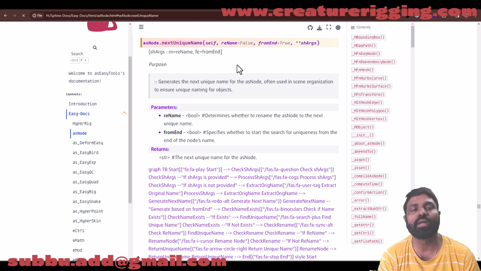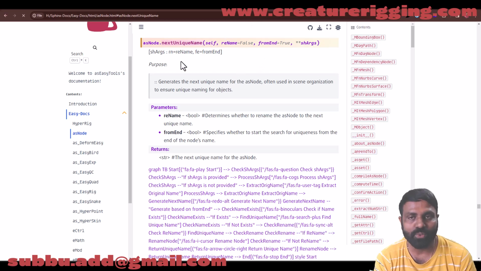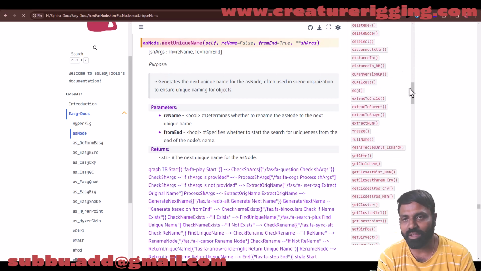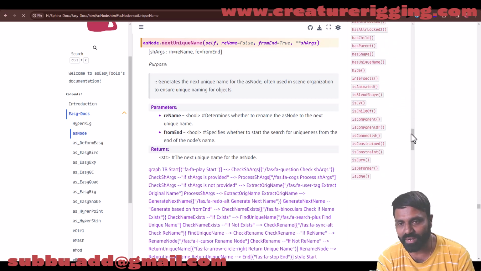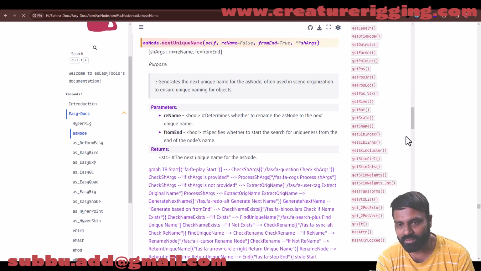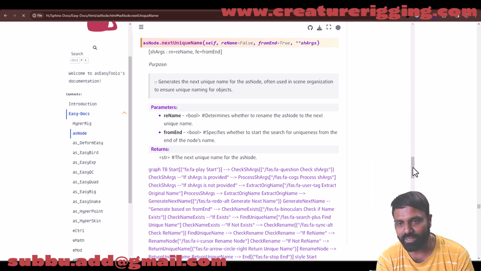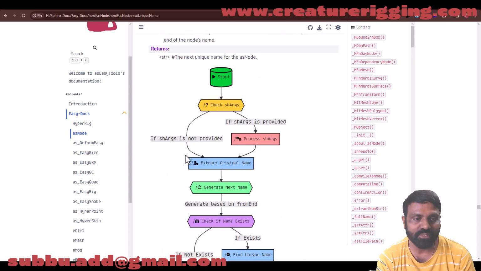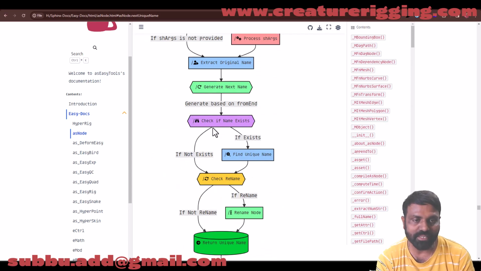For example, I am adding more documentation to the next functions one by one. Every time, for example, I have completed documentation for next unique name at this time. To go to next unique name, I have to quickly scroll and find out where it is. It is a bit of time-consuming work for me in this case. So let it be. Once the document is loaded, we can see that